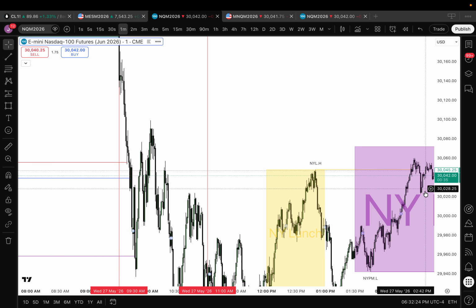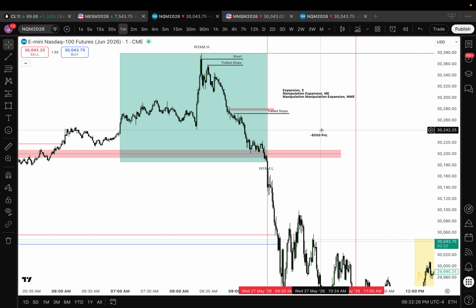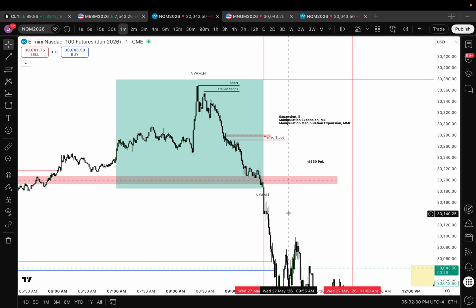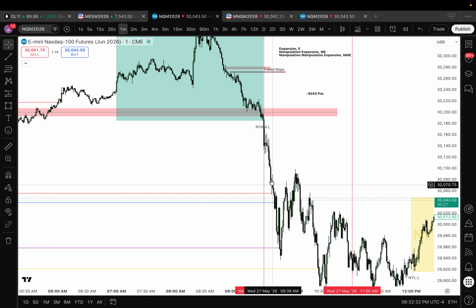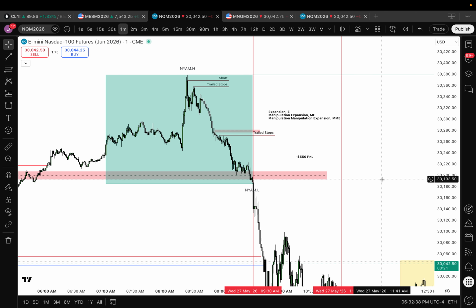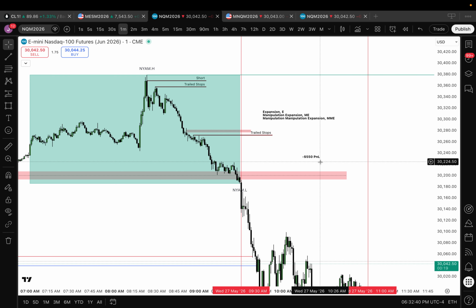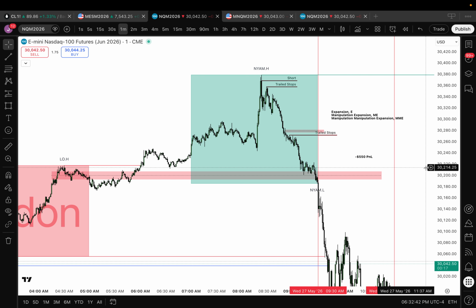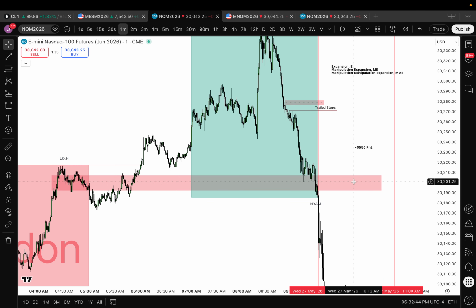So as for what I implemented to hedge against this, because some days are going to be expansion. In the past several months, we haven't had many because it's been really poor price action, which has allowed this model to do well. But to hedge against it, I'll pick the confluence, which in this case was this one, and it's likely to be this one because we had just swept